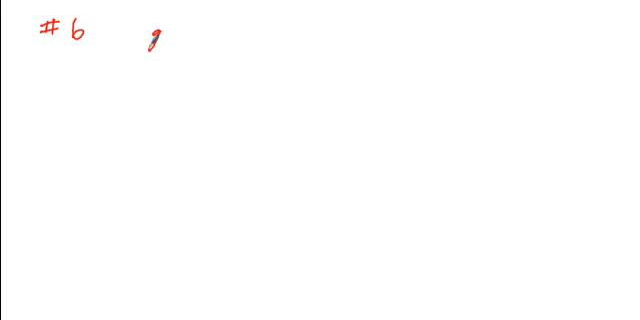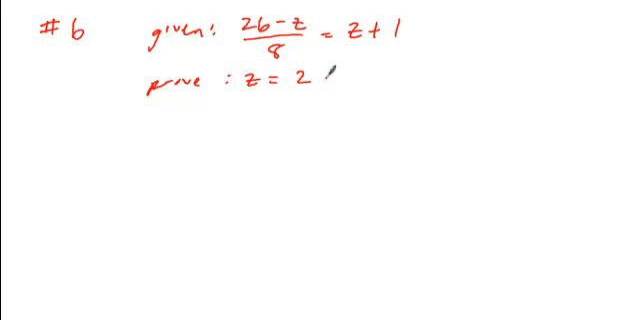In problem 6, I'm given an algebraic expression or equation. 26 minus z over 8 is equal to z plus 1. I'm asked to prove that z is equal to 2. So if I set this up, my first step